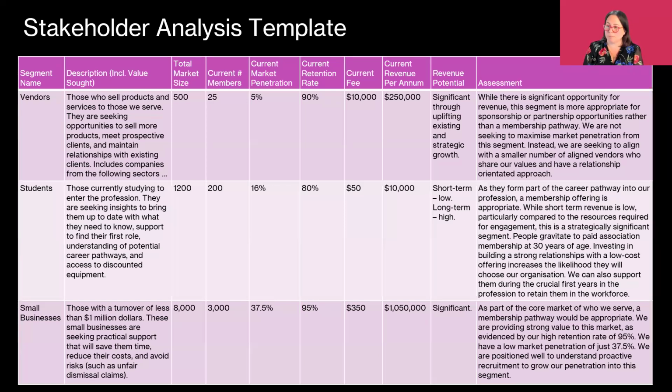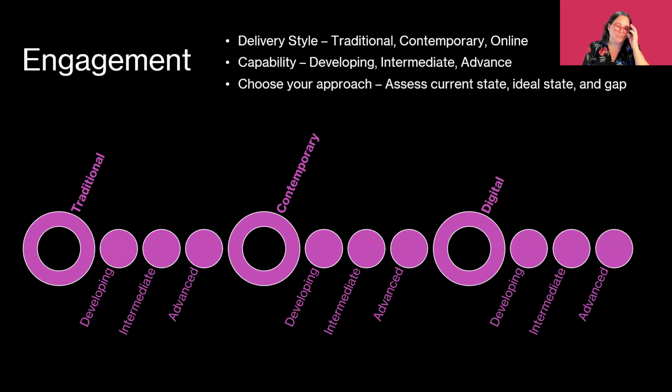You can then, for each type of stakeholder group within your ecosystem, assess whether they're a valid prospect for membership and why, because it's not always about the money. Membership can achieve many outcomes. You need to assess each. That is the quickest I've ever done that. But once you understand who it is that should be a member, then we need to start thinking about how you are engaging with those people.